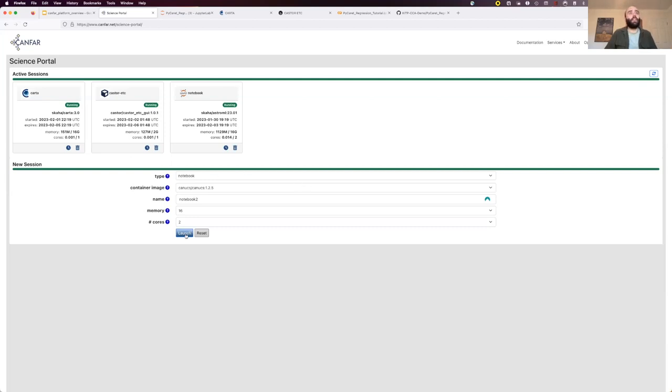And you get this set of drop-down menus here where you can select the different type of session that you want on the platform, the different container. So this is just the software container that you want to deploy that has your set of software in it, or you can use an off-the-shelf one that we built for you. Give it some name, call it test, whatever, call it something.